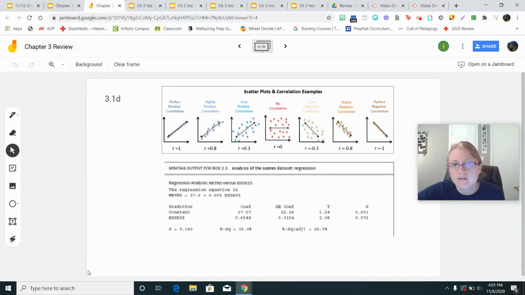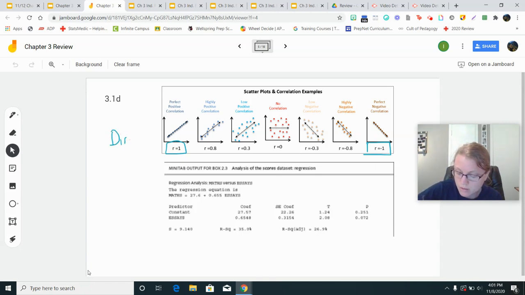Okay, for the R value, which is also called the correlation coefficient, we can interpret that a few different ways. So what we want to remember is that R can only be between 1 and -1. So if you have any R value that's greater than that, something is not right. What we want to do when we interpret R is we're looking at the